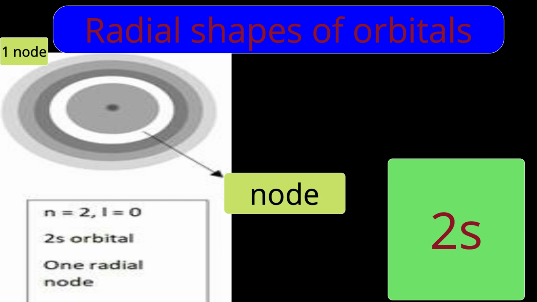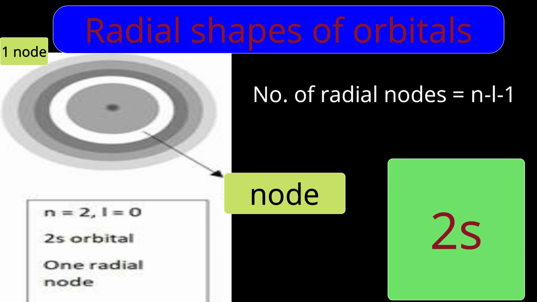So though we are talking about the 2s orbital, we are coming to the region of the 1s orbital. So radially, there is one node present. The white region you are finding is one node, a radial node. Let us find it by formula. What is our formula to find the number of radial nodes? Number of radial nodes is equal to n minus l minus 1. What is the value of n? 2. Value of l? 0. So 2 minus 0 minus 1. The answer is 1. Yes, and that one node we found there.